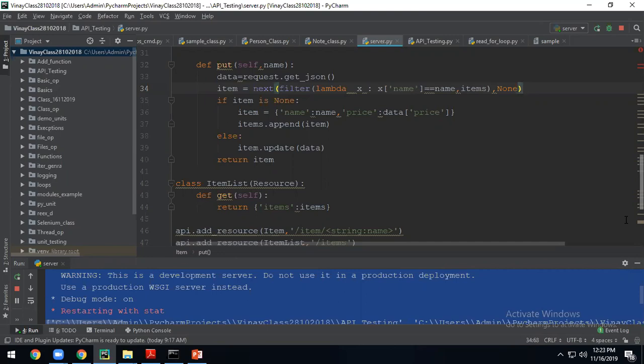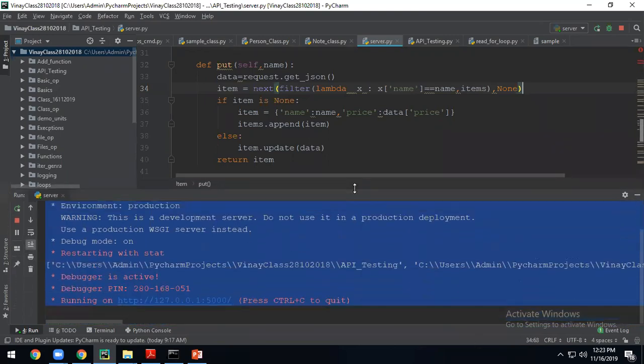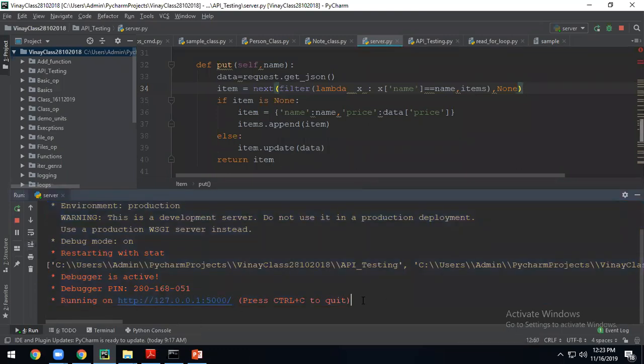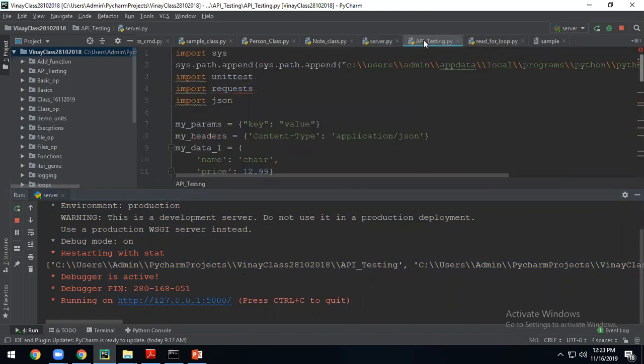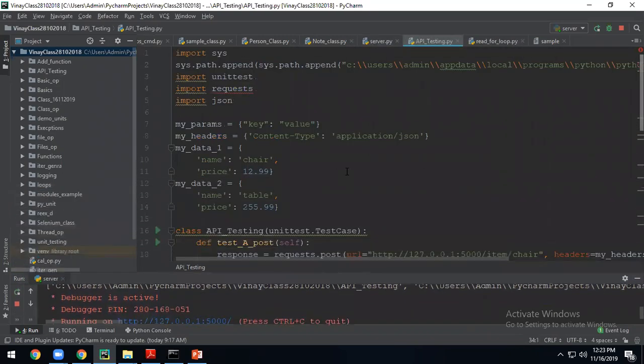Will it take so much time? You don't have to note down actually. I think I have shared everything. Run the server. Yeah, it is running. That's all. Here it is saying, that's all. Server is done. Open another file and you can name it something like client or API testing. And the second one also I have shared. That also you copy.